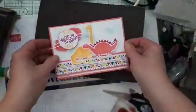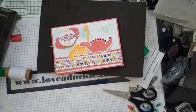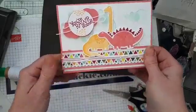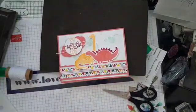So there we are, our first little card is a little dinosaur card fit for any little girl. So dinosaurs aren't just for the boys in our life, they're also for the girls. So that's that one. The second one I have done, oh actually before I put this card away I nearly forgot